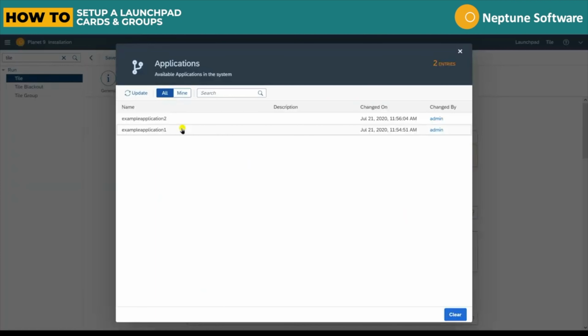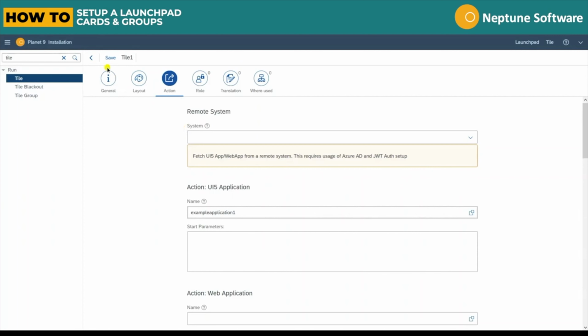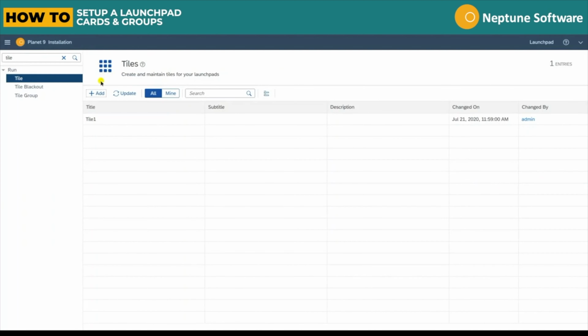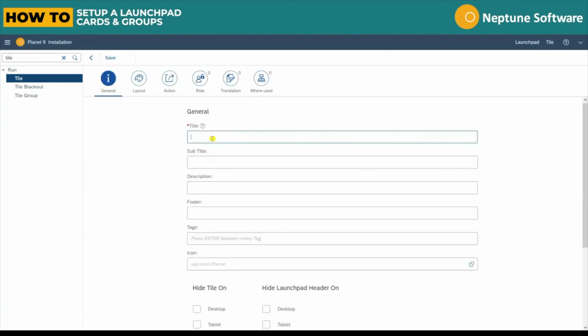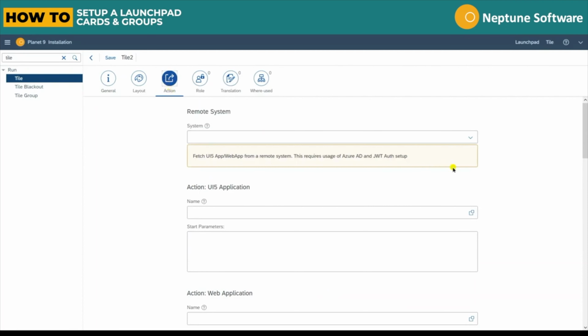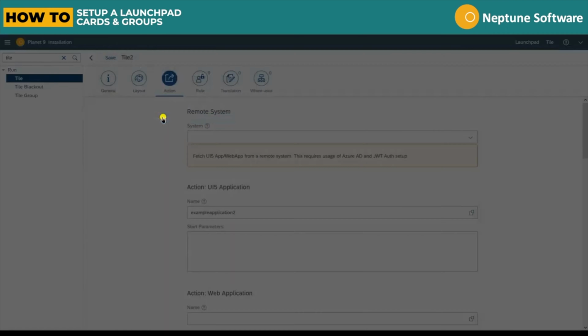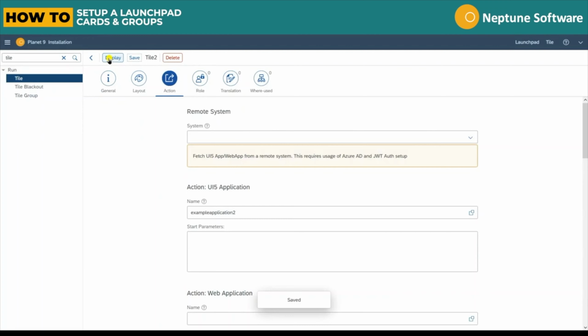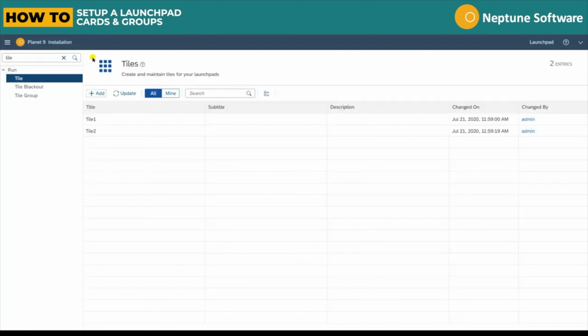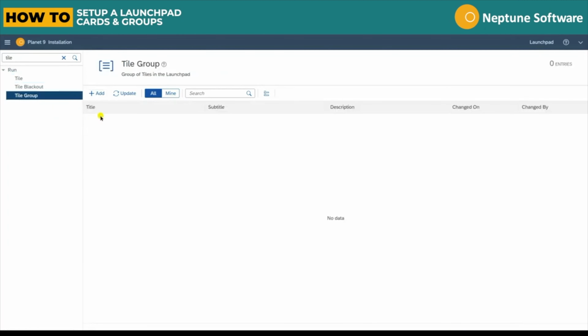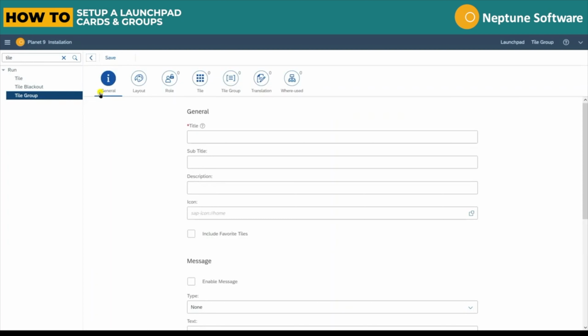Under the Tile Action submenu, we can select the UI5 application we want to open. I've already configured 2 example applications for this video. Let's assign application 1 to this tile, then we can save, return, and repeat the process for the second tile. After we've configured both tiles, we can then assign them to a group, which we can then assign to a